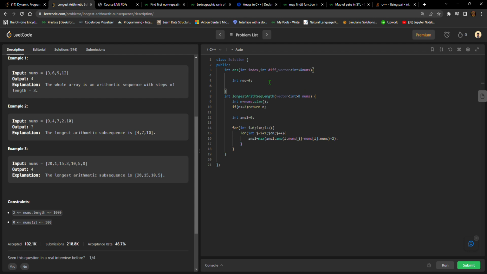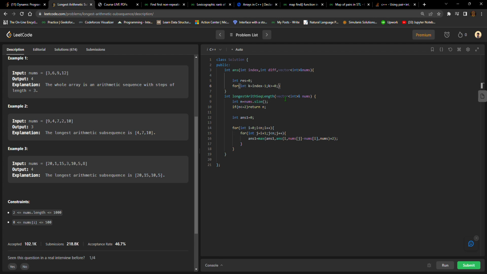So I would just iterate from int k equals index minus 1, the index that I would be passed, up till k is greater than or equal to 0. This was ith, this was i plus 1th. I would be going from i minus 1th up till 0, that is index minus 1 up till 0,